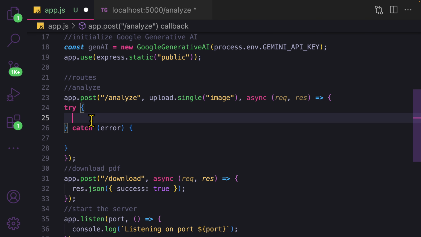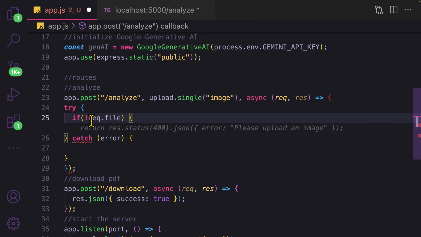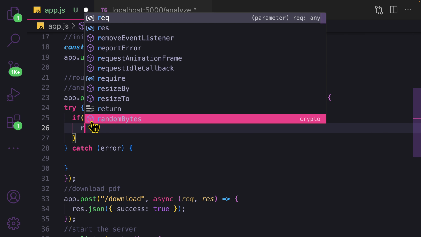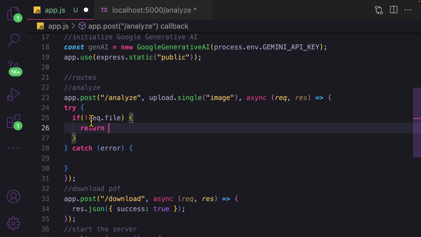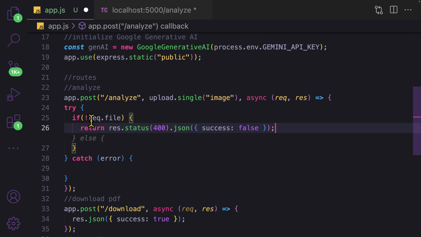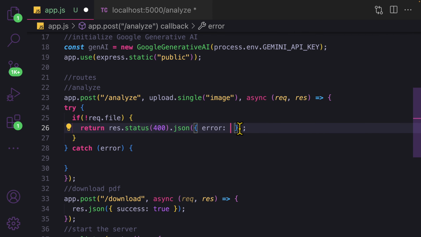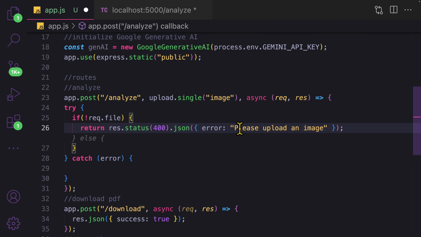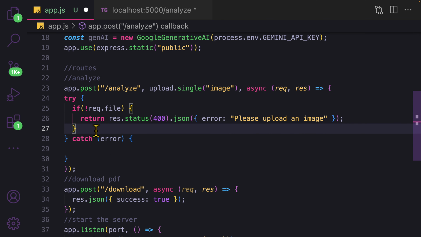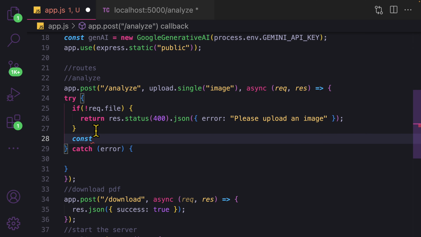So in the try, we're going to check in case the user is not providing an image. So in case the user is not providing any image, then we're going to return from this function by saying res.status and provide a message called error. Instead of this, I'm going to use error here and I will say please upload image. Else I will say const imagePath is equal to